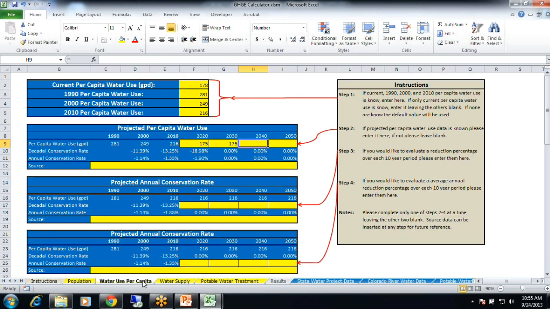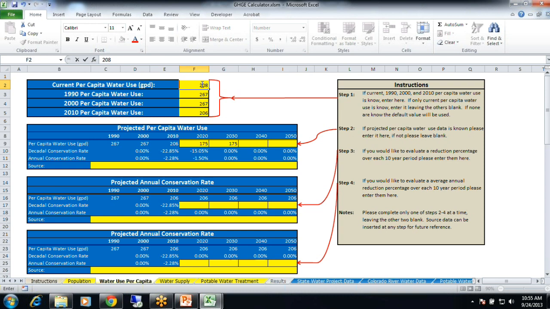So then go to water use per capita, and I have most of that data, so I'm going to go ahead and put that in. Some of this data, I don't really understand why, but for some reason in 2010 they're at 206 gallons per capita per day, and then they estimate it's going to go up in the future.